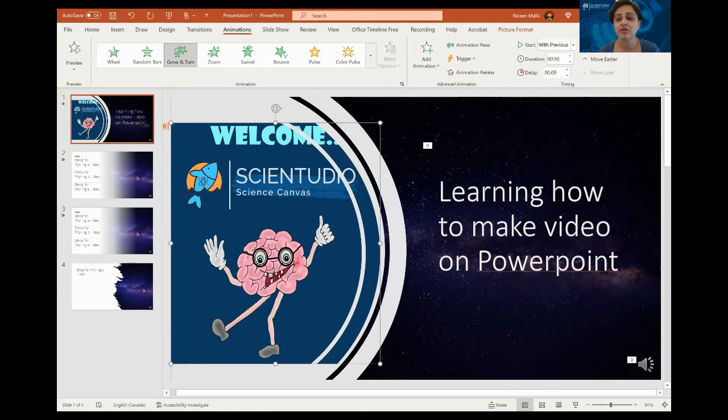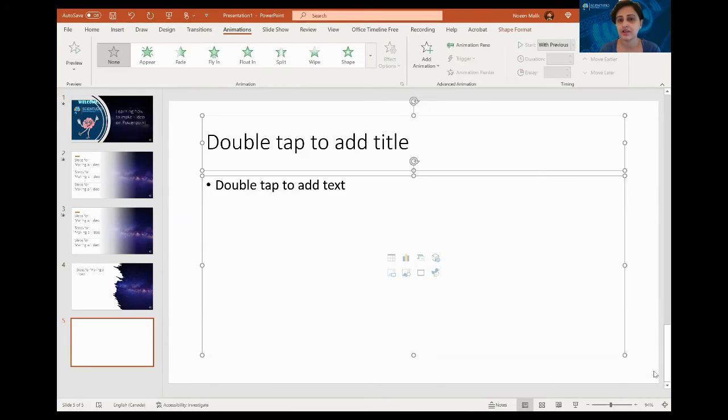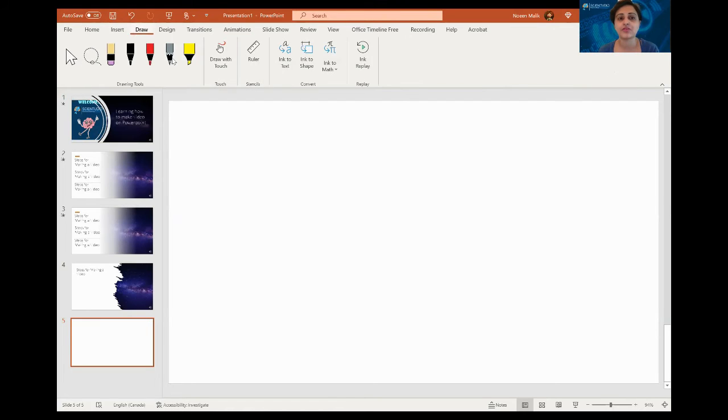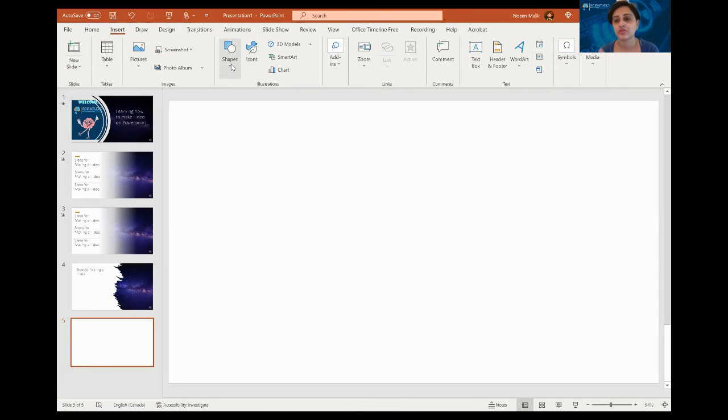Now with the transparent background, many times you create a logo and you want to have a transparent background. So let's go to a completely new slide. Let me see if I have my logo. You can even draw it if you have a tablet. If you don't have a tablet, I would say draw it and then upload it as a picture, or you can go to the 3D models.